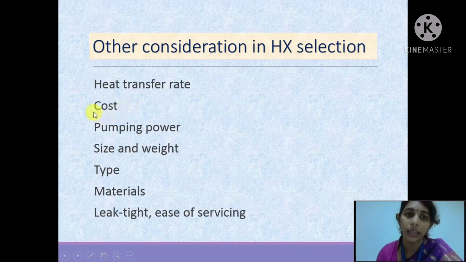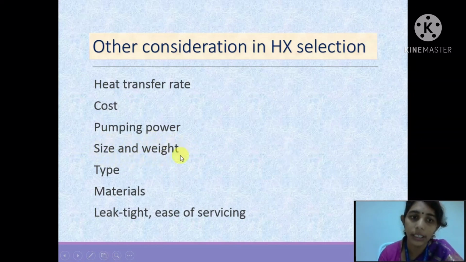If you are going to buy an off-the-shelf heat exchanger which is already available, that is obviously going to cost you less. Suppose none of the heat exchangers available off the shelf is suitable for our case, then we have to go for design. Start from scratch. You have to do the analysis, design, production. So this is going to cost you more, but it purely depends on the need. The next one is size and weight. The smaller the size and weight, the lower the price tag. But certain applications really need a small size, like aerospace and automotive applications.